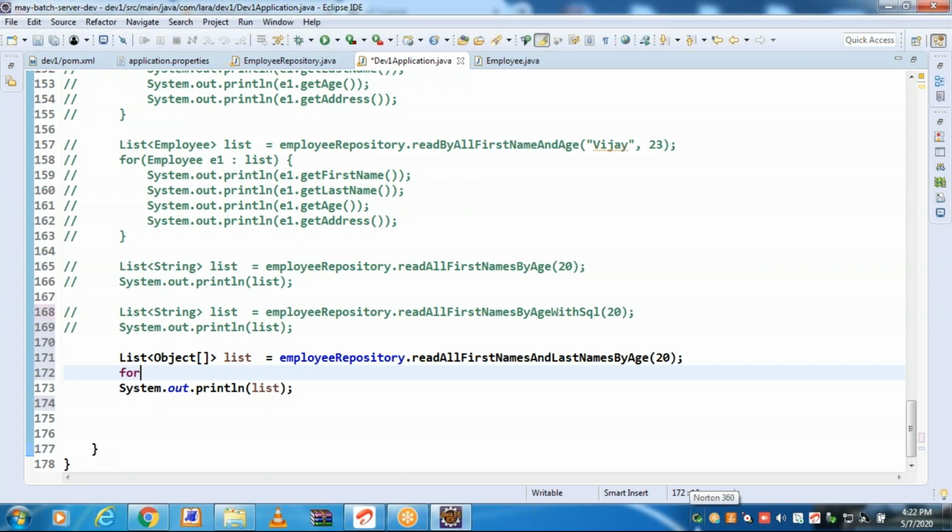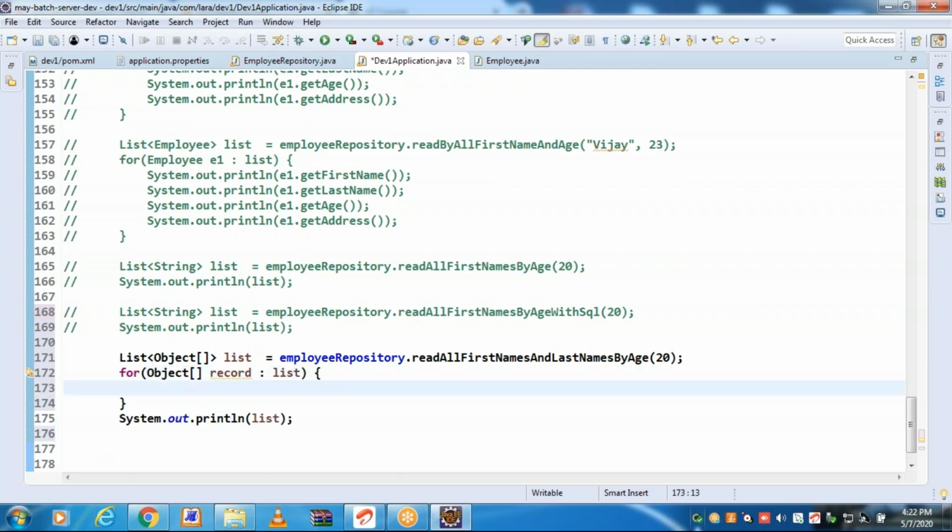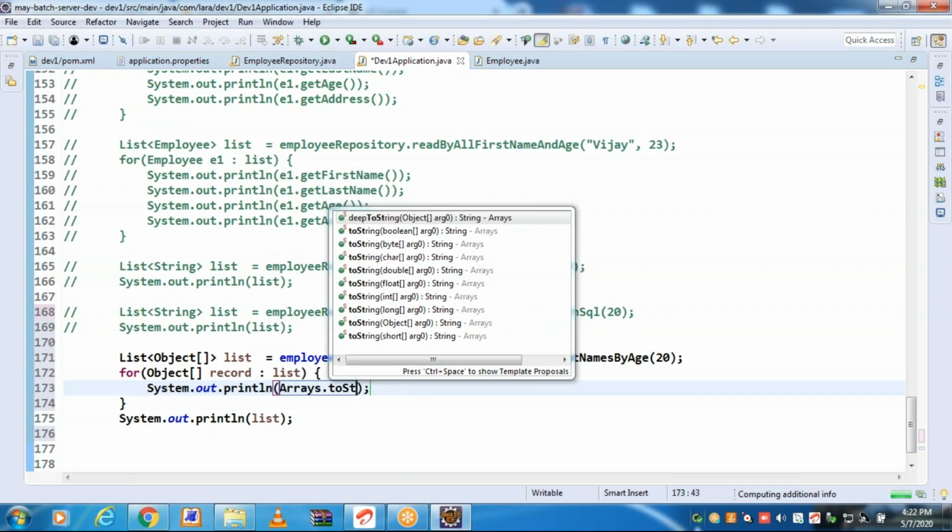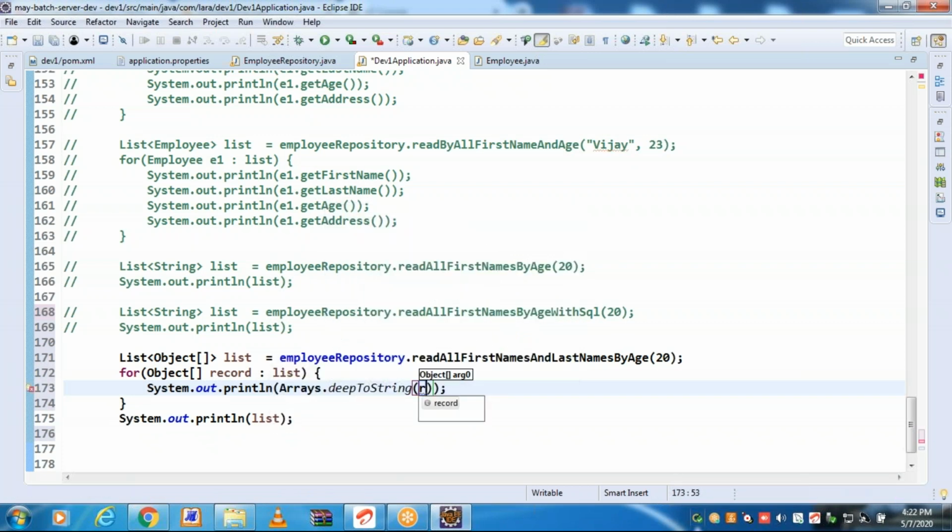Go for a loop. We cannot print the array content straight away.